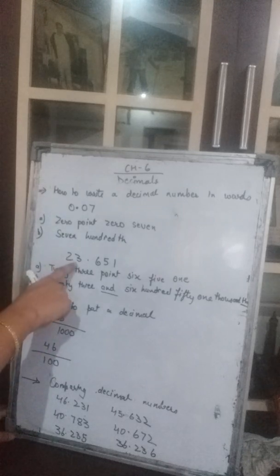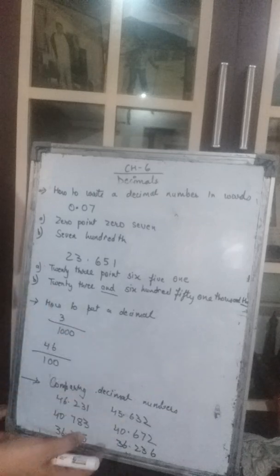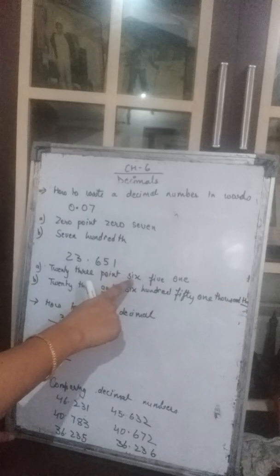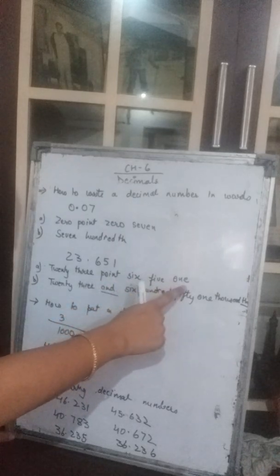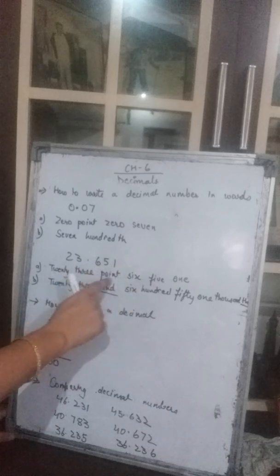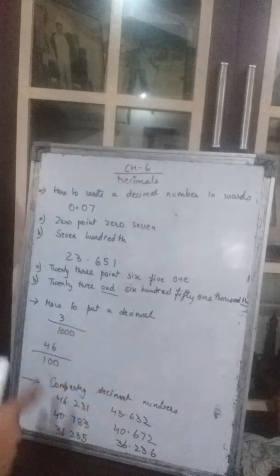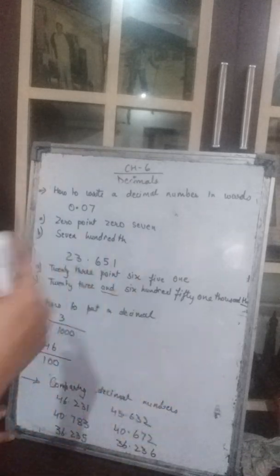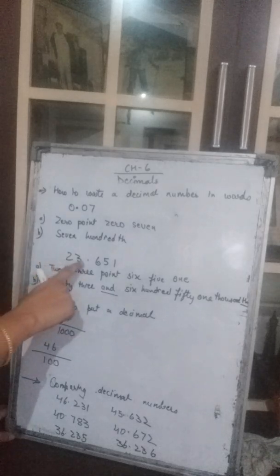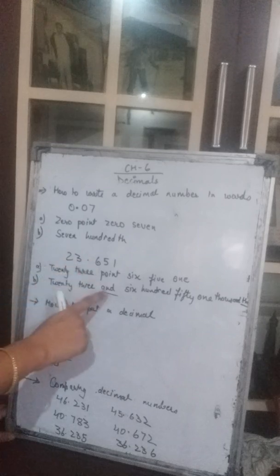The number given to you is 23.651. So one way of writing is as you are reading it. So it is 23.651. Because this decimal portion, when the word point comes, we write 651, all the numbers separately, individually. Now the second way of writing it. The second way of writing it is, this is 23, you will write 23. In the place of point, you will write and.